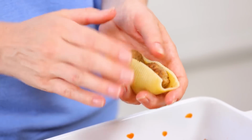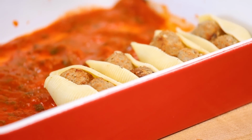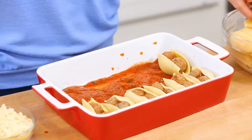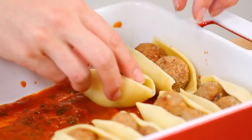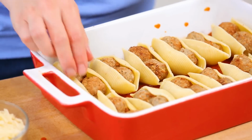And I'm just going to add 2 meatballs per shell. That seems to be the perfect fit. And I'm going to nestle each of my shells in my baking dish. Now, if you've got kids in the house, this is a great job for them. They can stuff the shells and basically make this entire dish themselves, and then you just have to help with